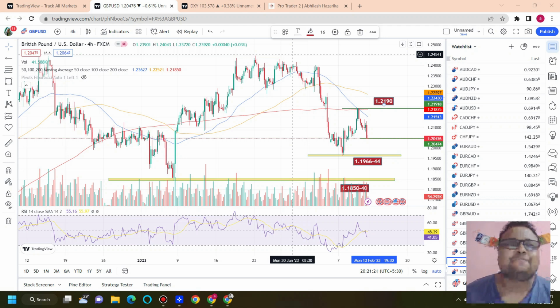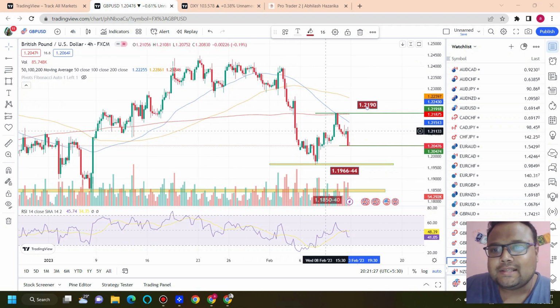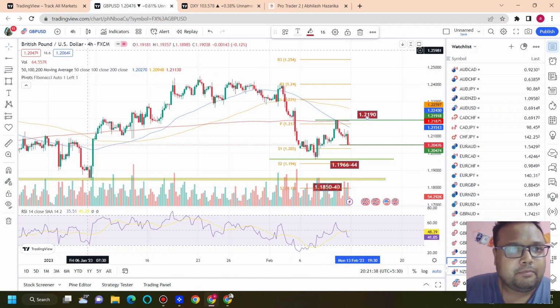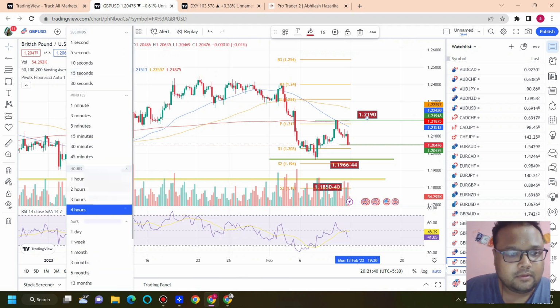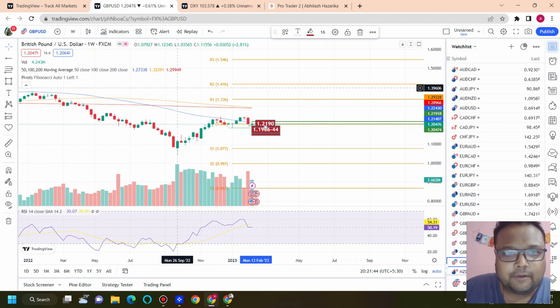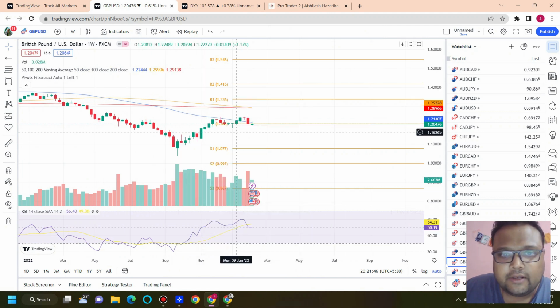So let's get started. This is a 4-hour chart of GBPUSD, and GBPUSD just closed at the weekly support of 1.2047. Okay, this is the weekly support of GBPUSD. If you're wondering how it is a weekly support, let me show you. These are pivot lines, whatever you call it. Let me remove the drawings here, and you can just see